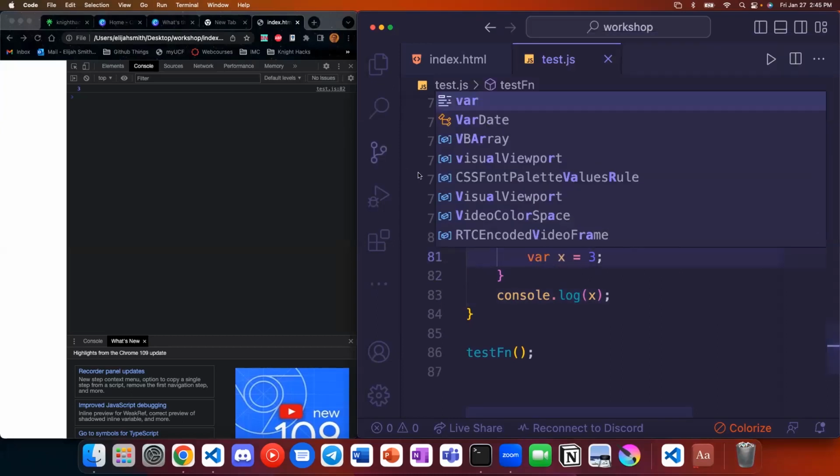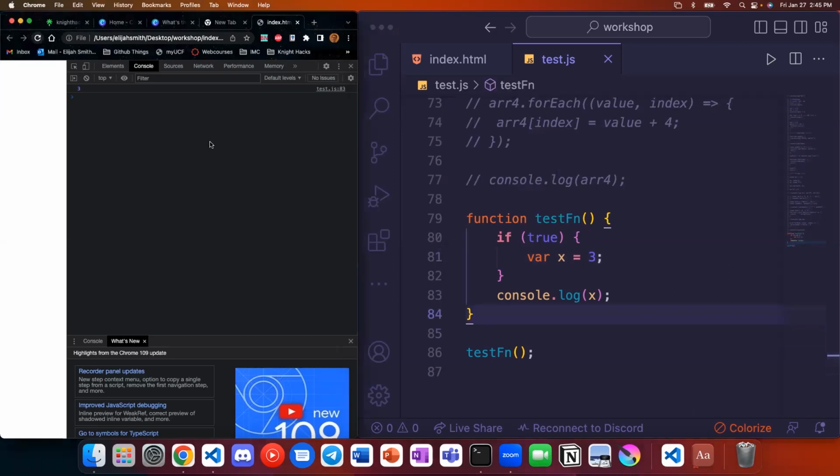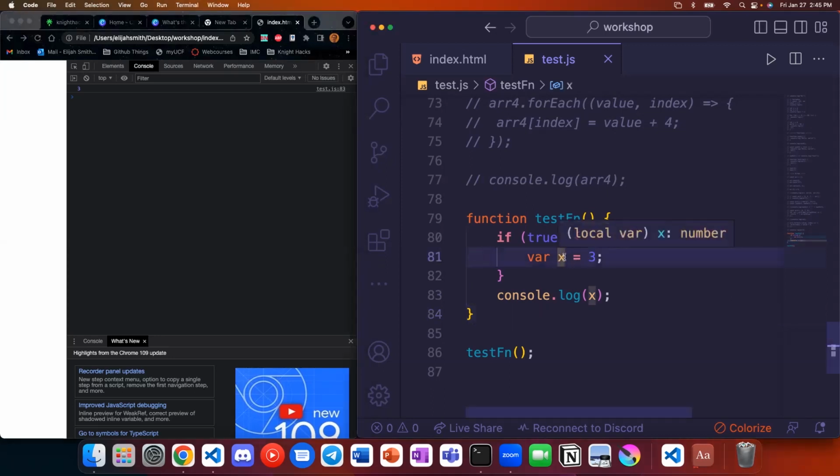If I use var instead, how many of you think this is going to work? A couple people. This actually does work if I refresh over and over again. Var is functionally scoped, which means if I declare x in here, I can access it anywhere inside my function, which is another thing that you would expect to just not work. And so if you don't know the difference and you use var unintentionally, it can cause some undefined behavior or things that you don't want to happen.